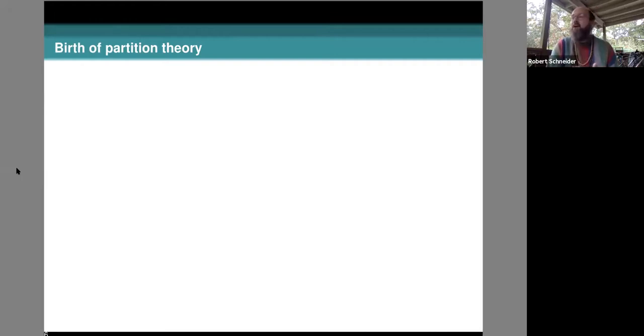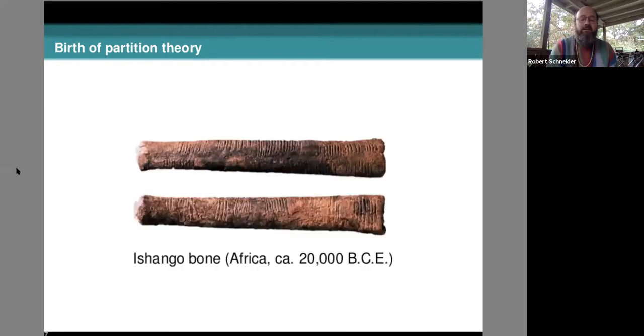As a partition theorist and a number theorist in general, I can be like, okay, how old is your subject? And you don't even have to say anything unless you're already in my subject, because my subject's verifiably older. The earliest mathematical artifact that we have is over 20,000 years old. It's the Ishango bone from Central Africa. Those little notches on there are, in some cases, showing doubling or addition, multiplication and addition, and in other cases, they are prime numbers, and there are no other notches besides a prime number of notches or notches that seem to be showing addition and doubling. It's very fascinating.